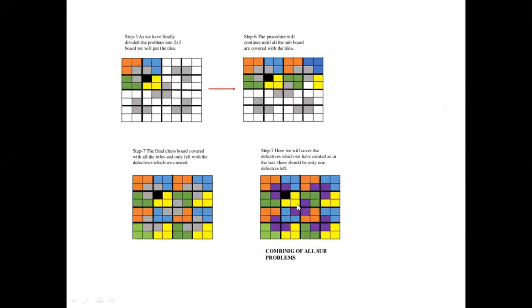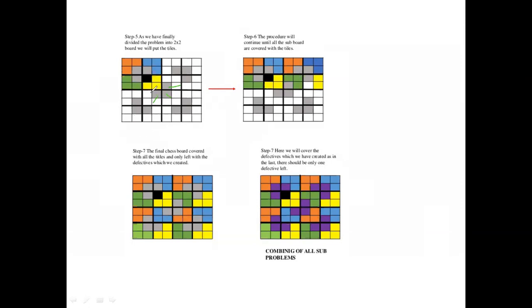Just remember in this example, why are we taking an artificially introduced square? Because in divide and conquer, the sub problems are divided in the same manner. Each problem is divided into sub problems of the same kind. So here there is one defective square. That's why we divide this problem into